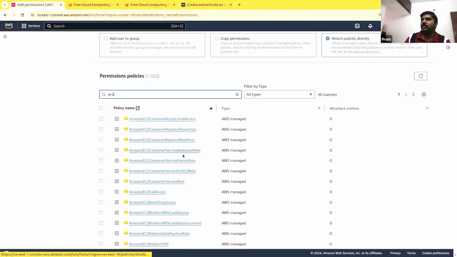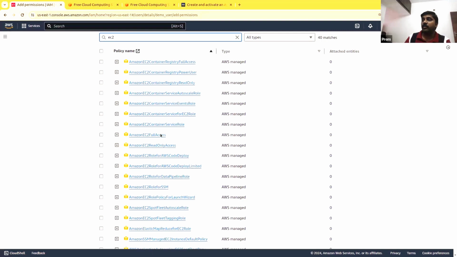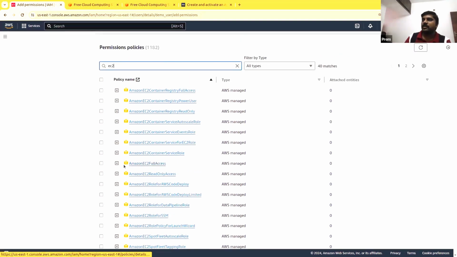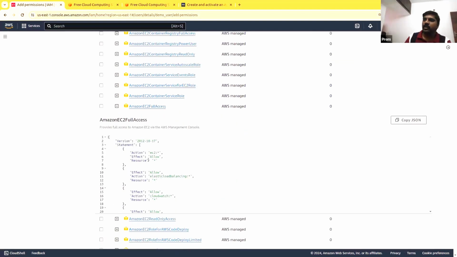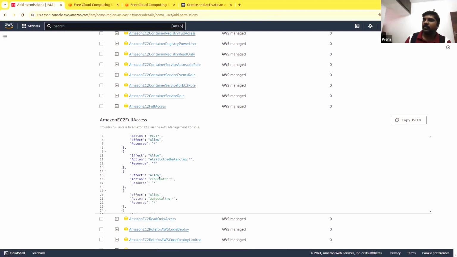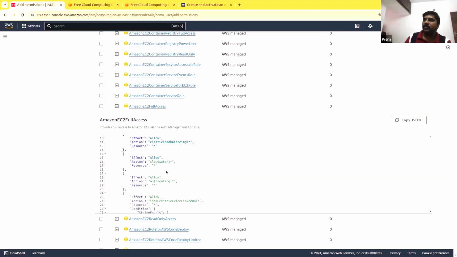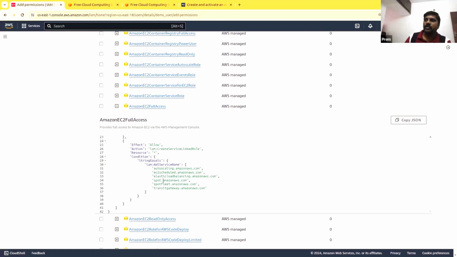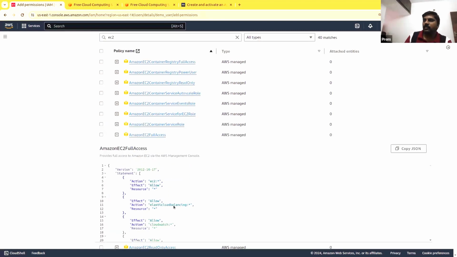If you look at EC2, you see many different policies are available. This EC2 full access gives anybody assuming this policy full access to any EC2 instance. They can purchase EC2 instances, run them, terminate them, auto scale, they can do anything they want. If you expand that, you can see everything is given with a star on the resource, for all services corresponding to EC2 instances. So it allows all operations possible on EC2 instances.